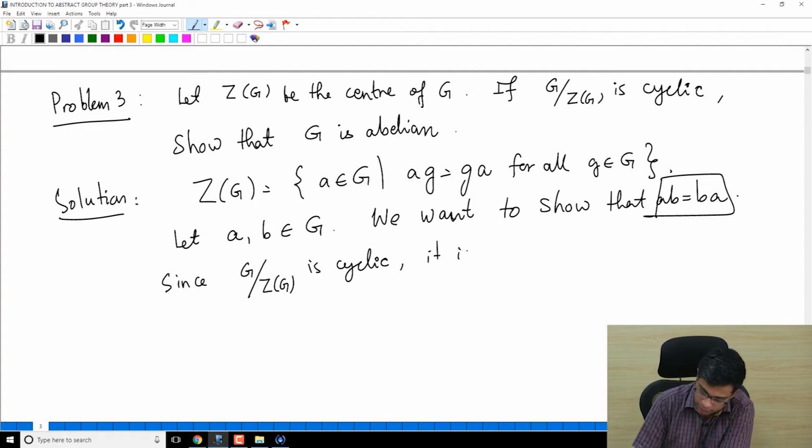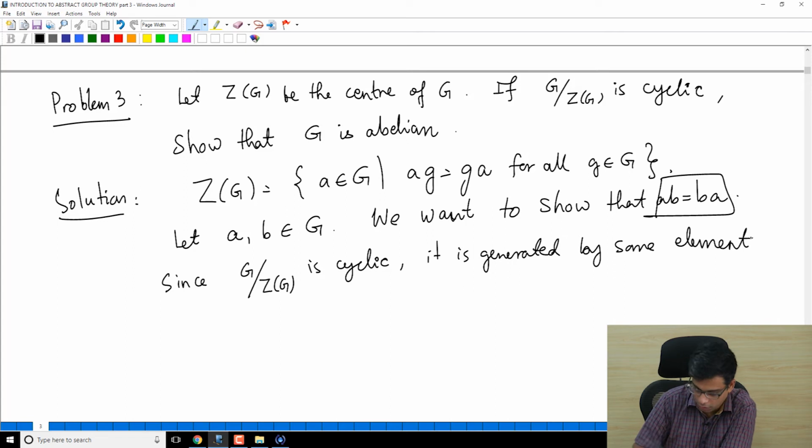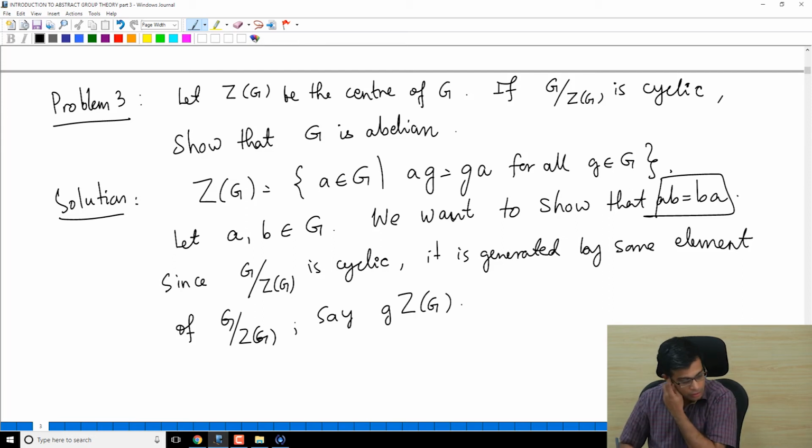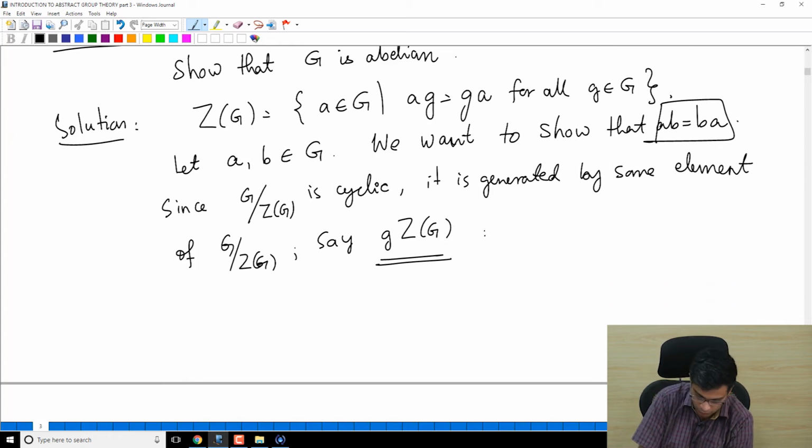It is generated by some element of G mod ZG. So this G mod ZG is a cyclic group. It is generated by an element of that, say g times ZG. So an element of this is simply a left coset. So take a left coset and suppose that it is the generator. That means everything in G mod ZG is a power of this. So in particular,